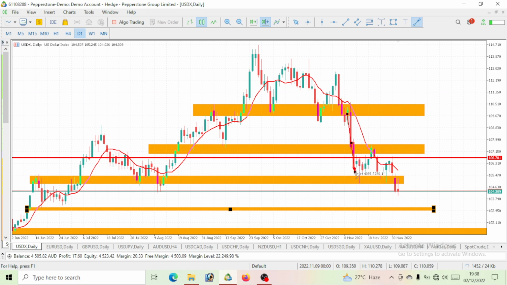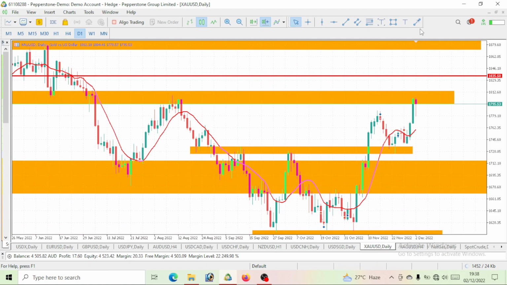Let's, for quick analysis, we will see this as a drop. We will take this as a pullback. We will see this as a drop again. Here comes the pullback, right? So we are now expecting a new drop to come to take a level of 103 or 102. So once price can get to the same level, we should expect a pullback. So that is to tell you, as this DXY will be dropping, then be expecting a bullish move on this gold. So gold to USD, expect a bullish move.